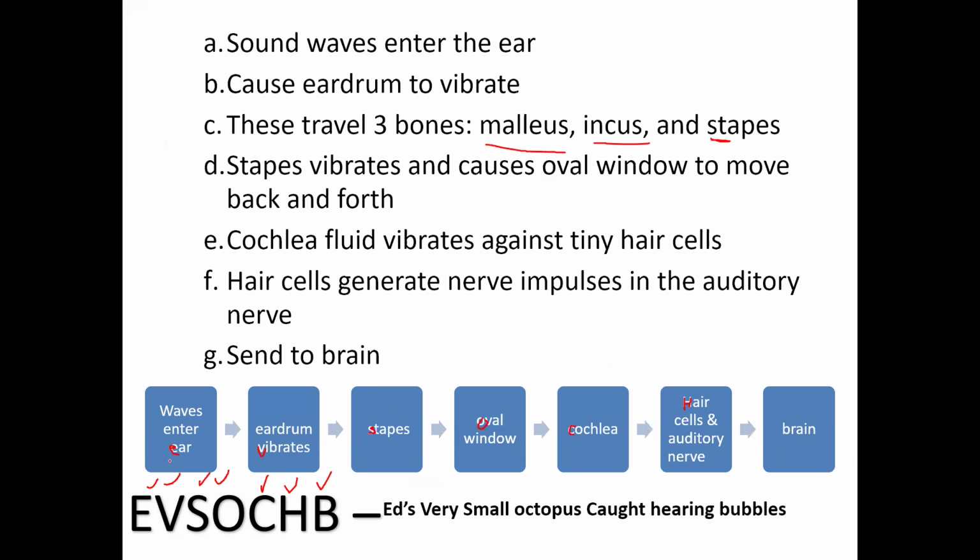So your waves enter your ear. Your eardrum vibrates. It then goes into a couple of bones. The stapes is the important one here because it's the last one. So the stapes then vibrates and causes your oval window to move back and forth. This oval window causes the cochlea fluid to move,